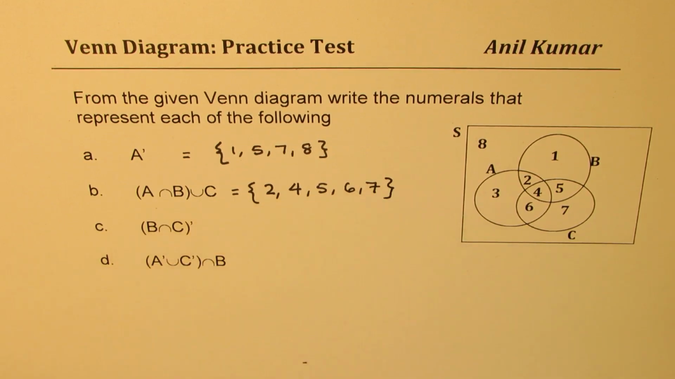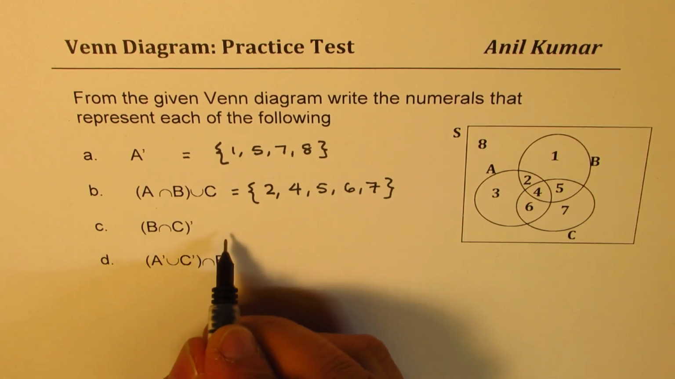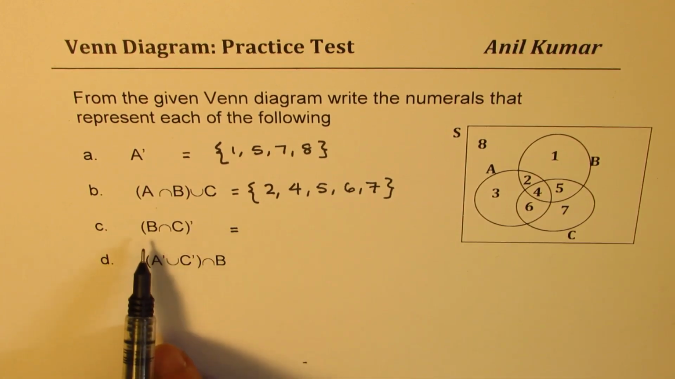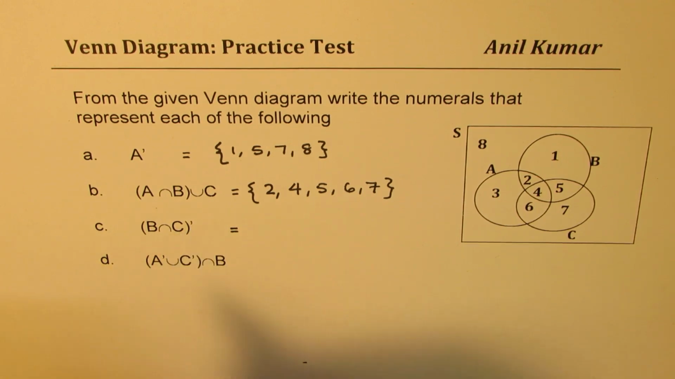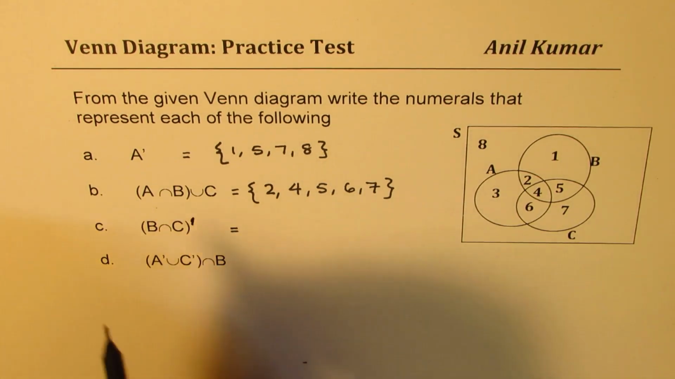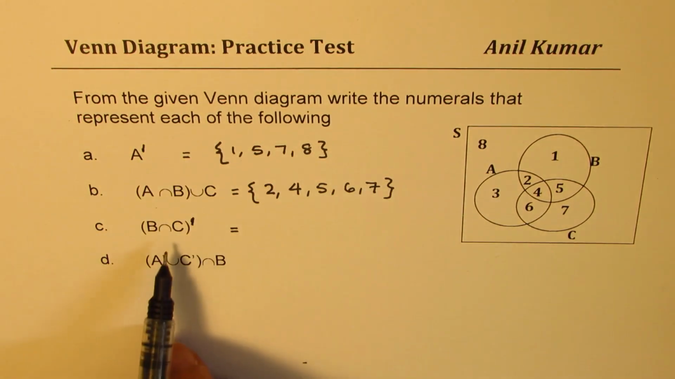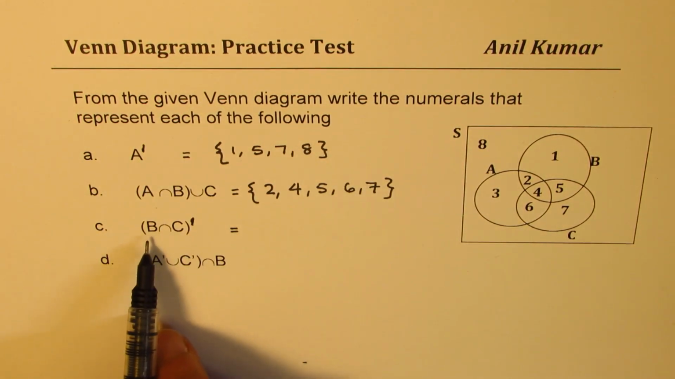So I hope the concept is clear, right? What we are trying to do. You can now pause the video, answer the rest of the questions. So 2 parts on this. Now we have B intersection C and then complement. So remember this is a dash here, which means complement, just as we had here, means not in intersection of